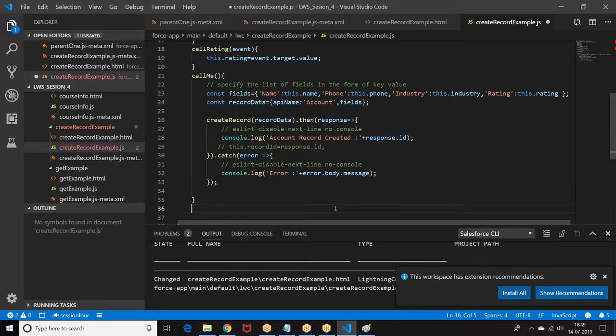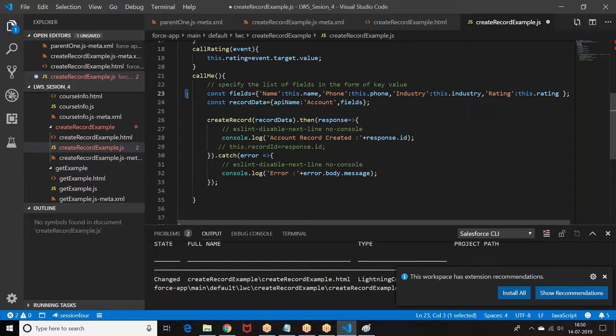Okay, line number 23. Since we are using the key value pair in multiple places, are these case sensitive, or can it be small case name, capital M? Forget about Salesforce. Anywhere you write in Lightning, it's case sensitive. Anywhere, JavaScript is case sensitive. It is a scripting language only.